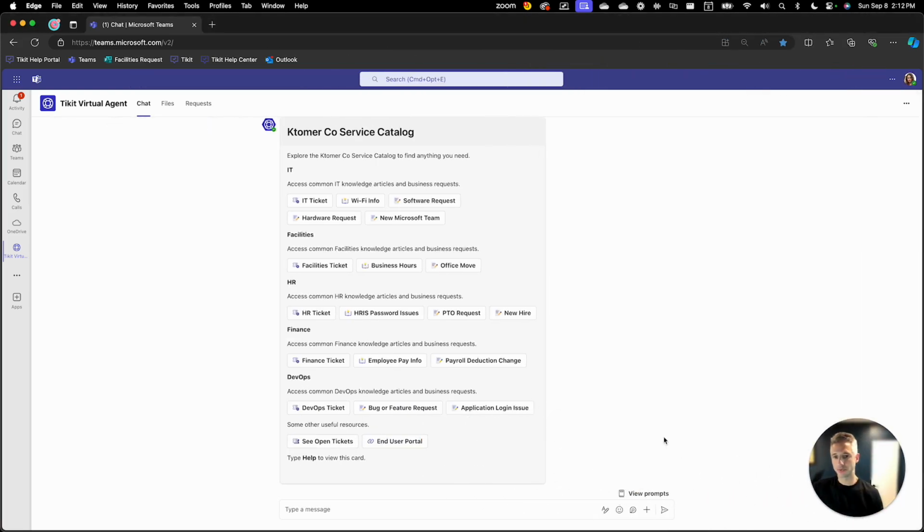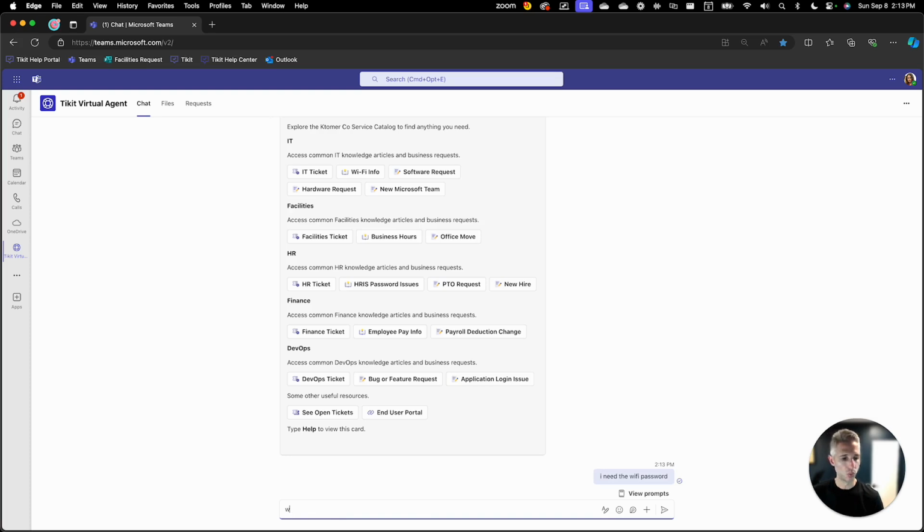And what we're sitting in front of is one of the end user experiences that an end user can ask questions to bring back different types of knowledge, whether it's Tikit knowledge or OpenAI knowledge. And what you're seeing here is what you've seen in past demo series videos where Adele has asked questions such as, I need the Wi-Fi password, or when do I get paid,